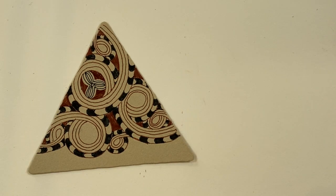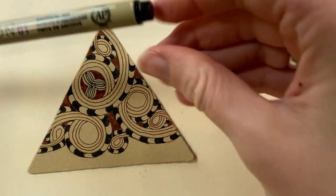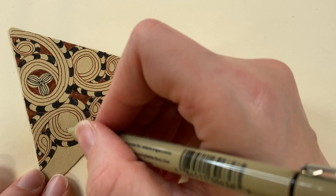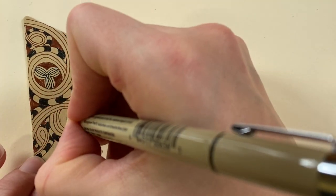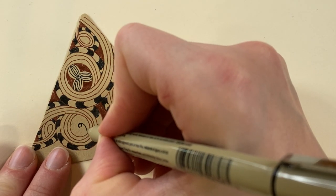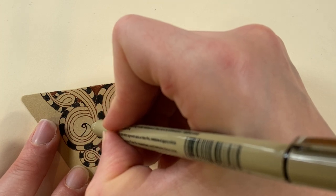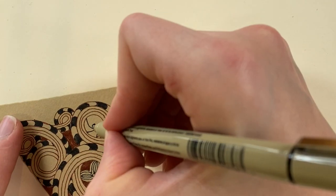So there we have our first fragment. I'm putting the cap on my brown pen. And I'm picking up my black one again. In this next orb, I'm going to use a fragment that is E25 in the primer. I'm going to put a little orb in the middle here. And then I'm going to take off and land on the outer edge of this orb. Take off and land. And I'm going to do this all the way around,